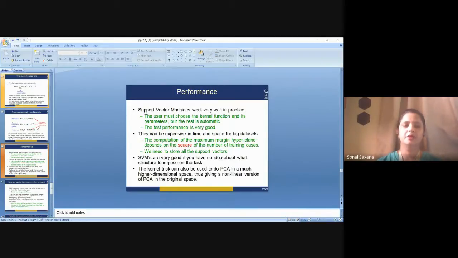Now, as I have told you, we have seen two types of SVMs. One is called linear SVM, which is used for linearly separable data, which means if a data set can be classified into two classes by using a single straight line, then such data is termed as linearly separable data, and the classifier used is called a linear SVM classifier. The second type of SVM that I have explained in this lecture is nonlinear SVM, which is used for non-linearly separated data, which means if a data set cannot be classified by using a straight line, then such data is termed as nonlinear data, and the classifier used is called a nonlinear SVM classifier.